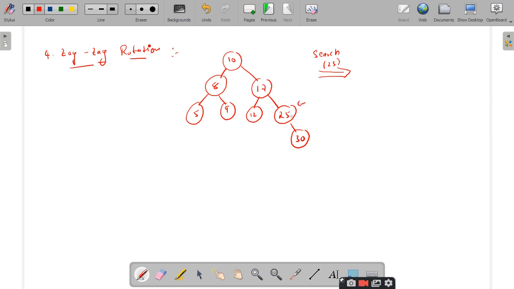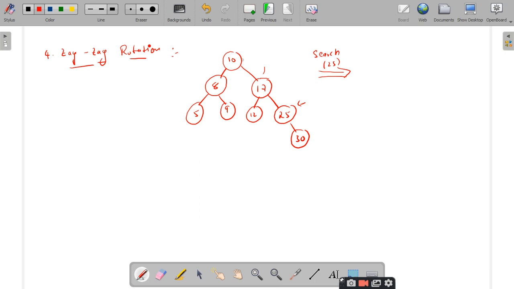After a successful search, you have to check whether the parent of this 25 is the root node or not. It is not a root node. Therefore, you have to go for its parent also, the grandfather. Grandfather of 25 is 10.